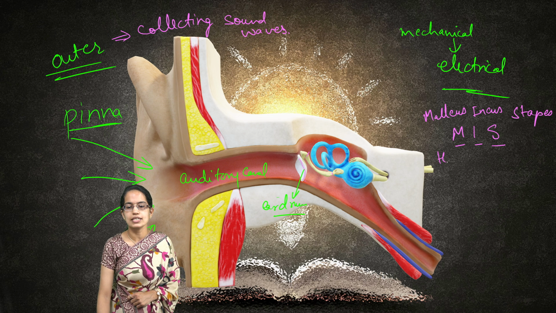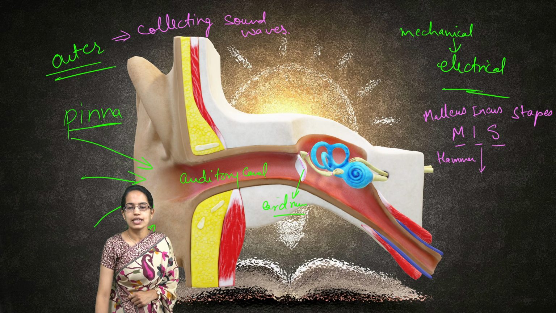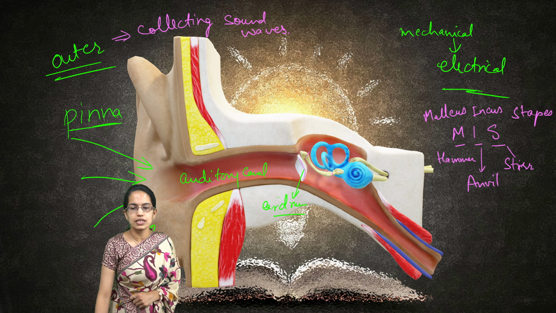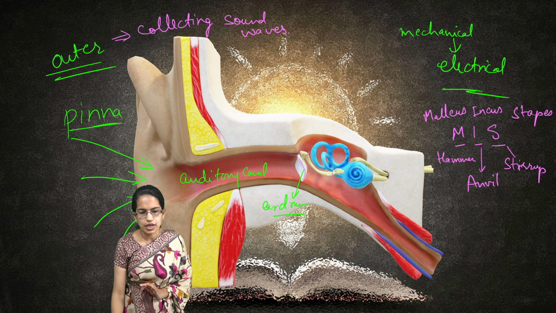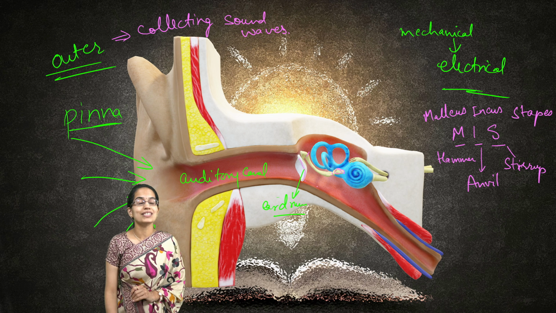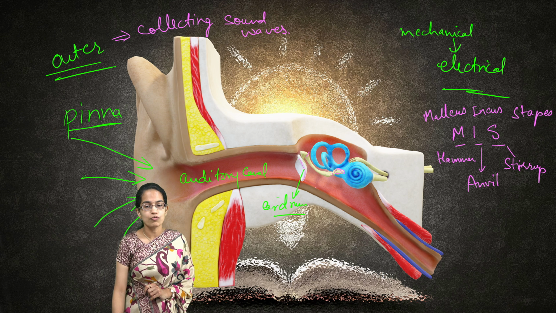So, the malleus is hammer shaped, and it is also known as the hammer bone. The incus is anvil shaped, and the stapes is stirrup shaped. Now, this stirrup is where you keep your legs while riding the horse. So, this is where you have the shape of the stirrup that is seen. Now, these three bones, interestingly, are also considered as among the smallest bones of the human body.